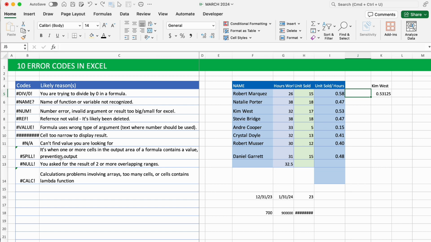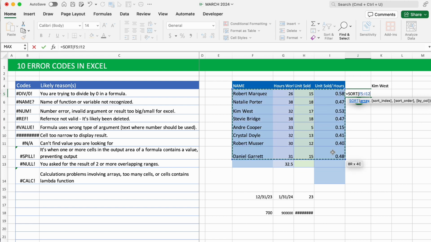Let's use a sort function here. So we want to sort this table using our second column, the number of hours worked. So that's 2. The sort index normally is ascending, so let's leave the sort index. The sort order is ascending, so let's leave that. When I press enter key, you will see a spill error, and what is causing the spill error is just